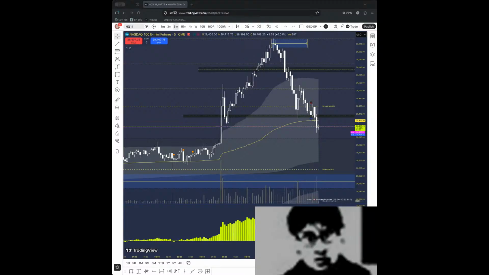Two, the value area, the range containing roughly 70% of all trading activity. One standard deviation, the zone where most players